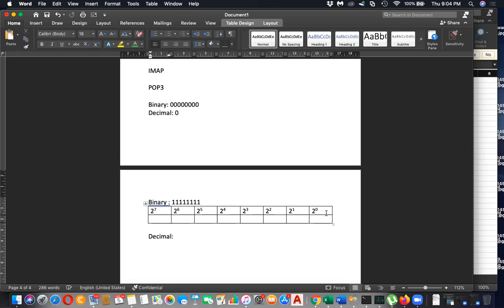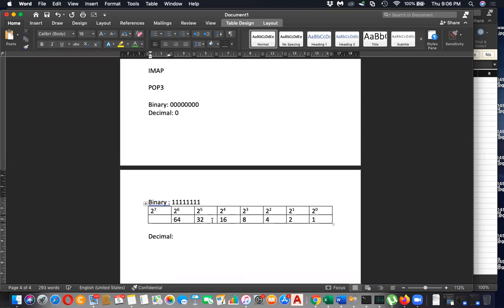So what is the value of this? 2 to the power 0 is 1. 2 to the power 1 is 2, since any number to its power 1 is the same number. 2 to the power 2 is 2 into 2, which is 4. 2 to the power 3 is 2 into 2 into 2, which is 8. Again 16. It always doubles: 1, 2, 4, double of 4 is 8, double of 8 is 16, then 32, then 64,